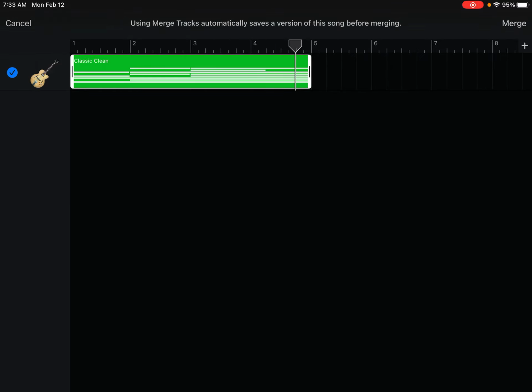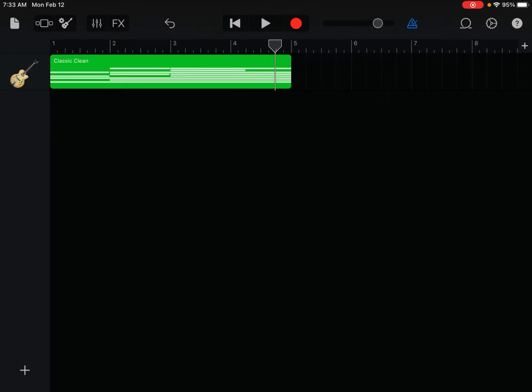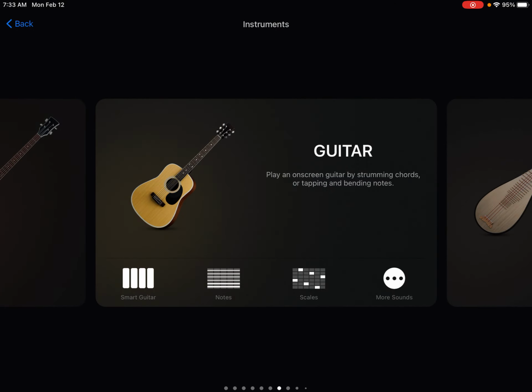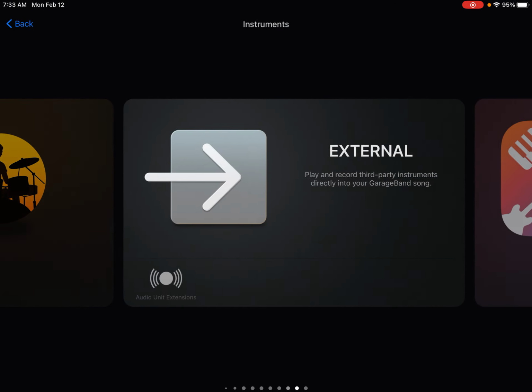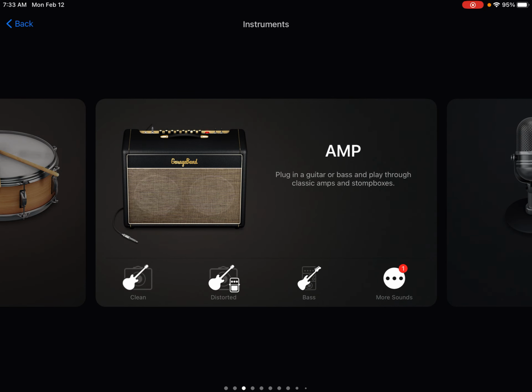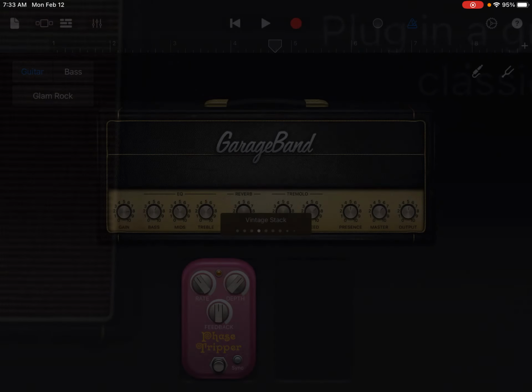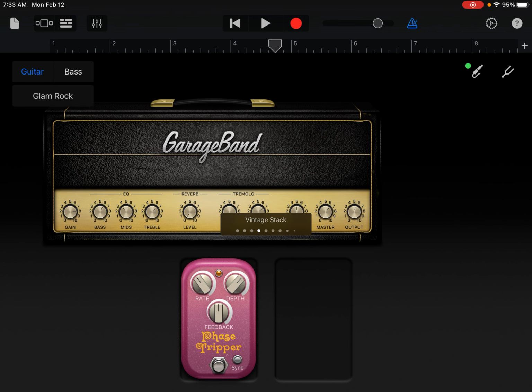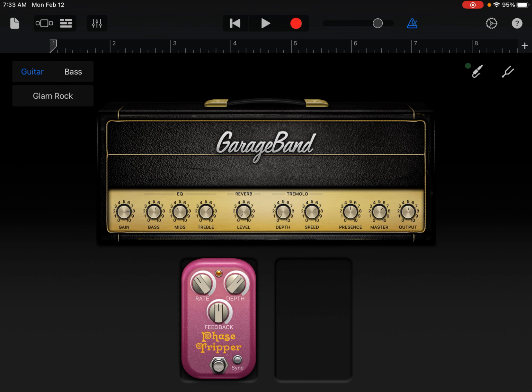You could merge this sound with other tracks and send them both through this filter that we're about to do, but for this one, we're just going to do this. And merge it with itself. It becomes an audio track instead of a, like, GarageBand file track that you can edit the sounds. It is now just a sound file that you can no longer really change the notes, but you can throw it through an amp